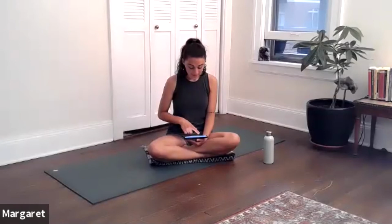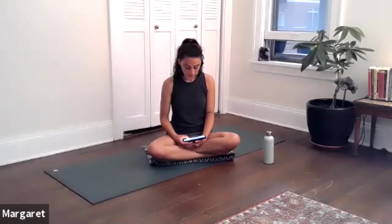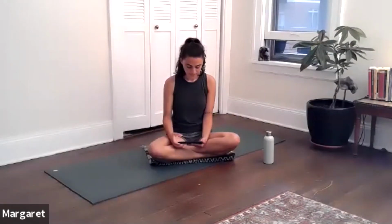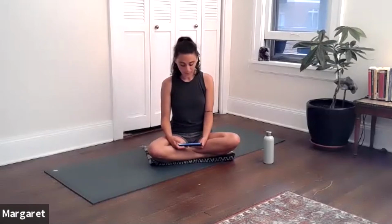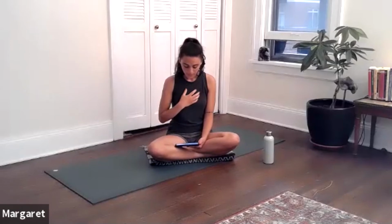We'll start with our right hand thumb. Relax that thumb. Relax it completely. Now the right second finger, the right third finger, the right fourth finger, and the right fifth finger. Relax the palm of the hand and the back of the hand. Relax the wrist and the forearm, the elbow, the upper arm, the right shoulder, the right armpit,